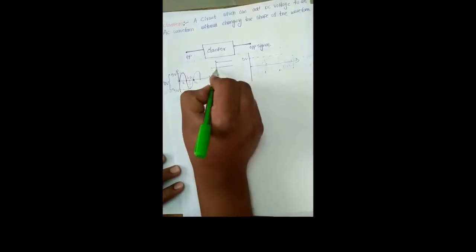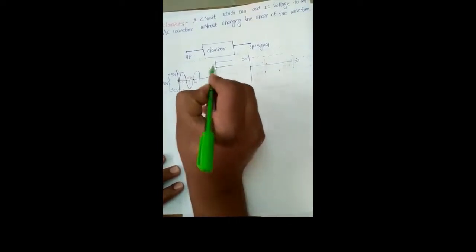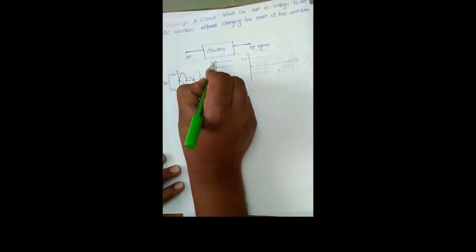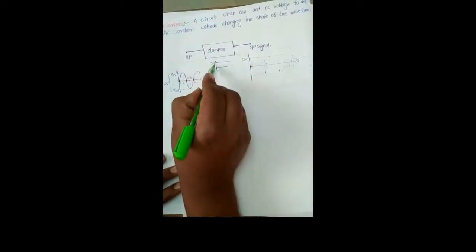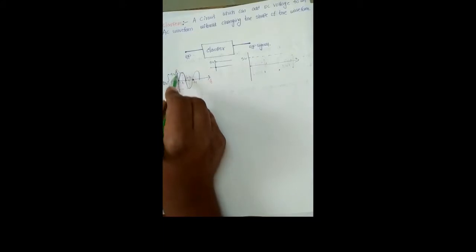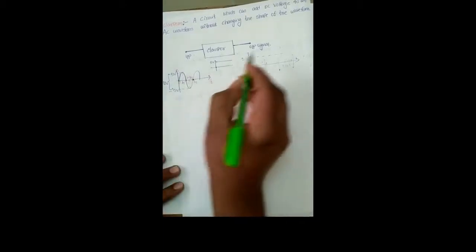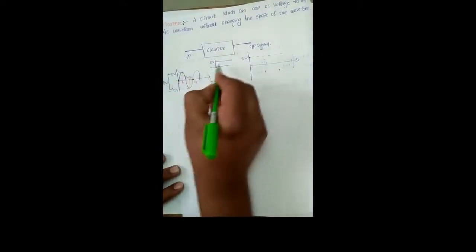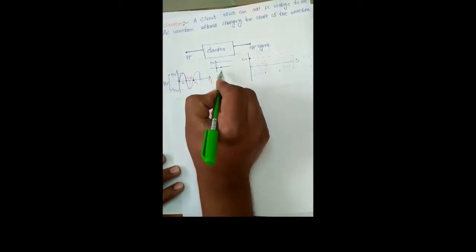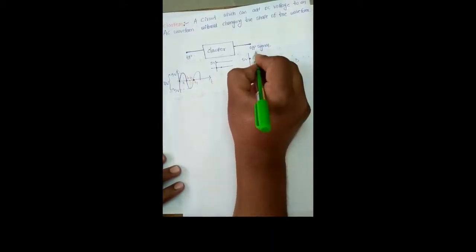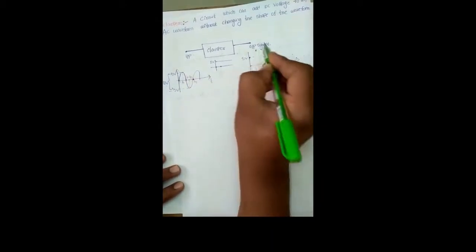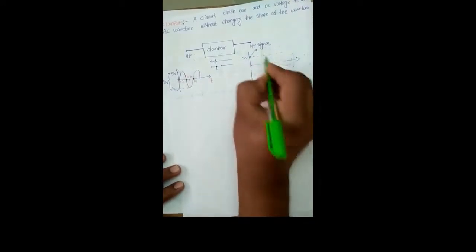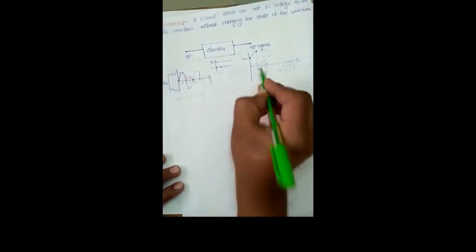For example, at t equal to 0, the DC signal has 5 volts, and the AC signal has 0 amplitude, so this 5 volts is added to 0 and we get 5 volts. At t equal to t1 instant, the input signal has 5 volts and the DC signal has 5 volts. Now we add these two amplitudes. The amplitude is how much? 10 volts, right? Then we get 10 volts. This is t equal to t1.